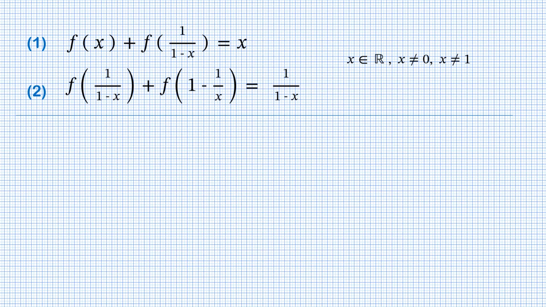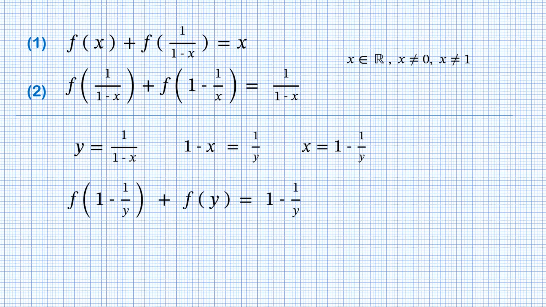Back to equation number 1, but this time we turn the first term into the second. So we just take the second argument as y. Now we need x for substituting into these two places. So we have 1 minus x equal to 1 over y, and then we find x. Now we substitute into equation 1.